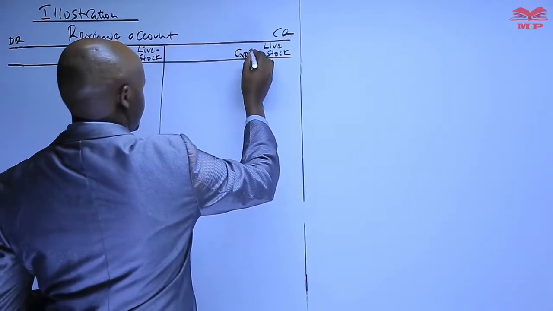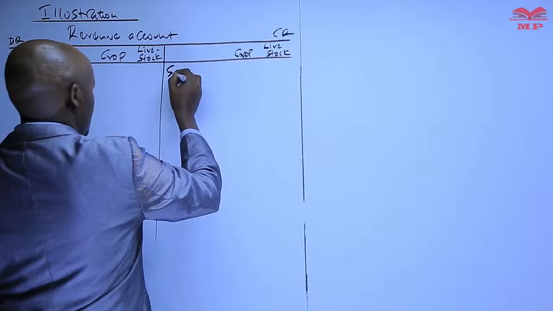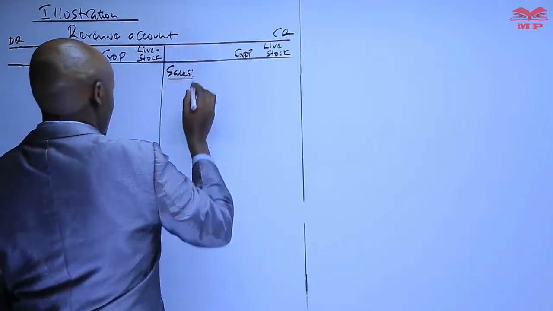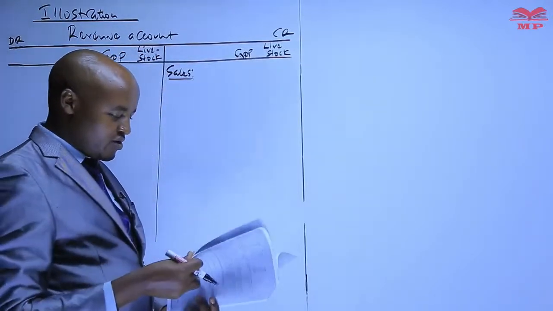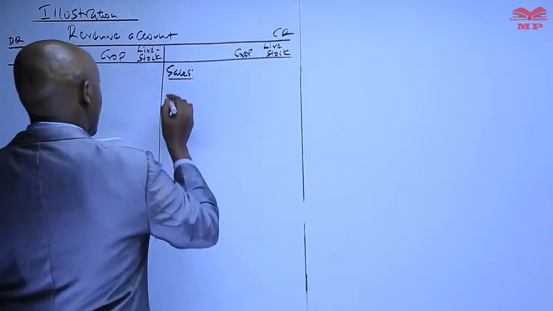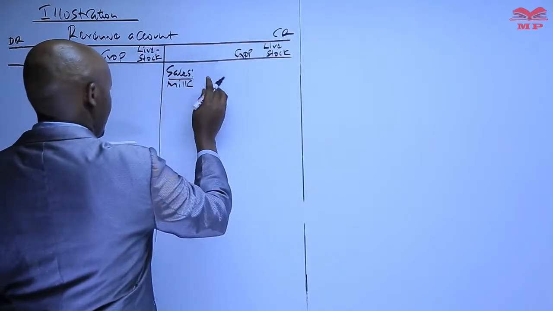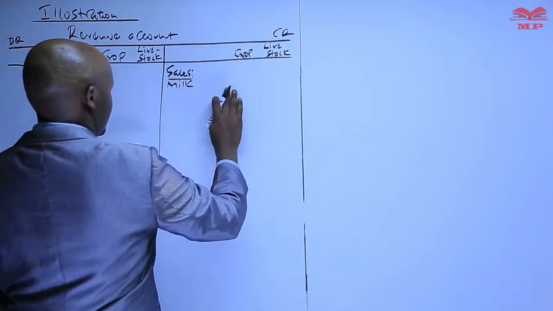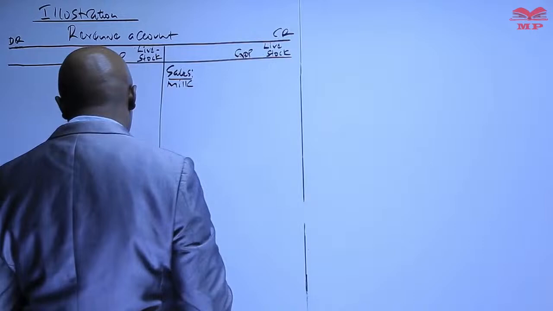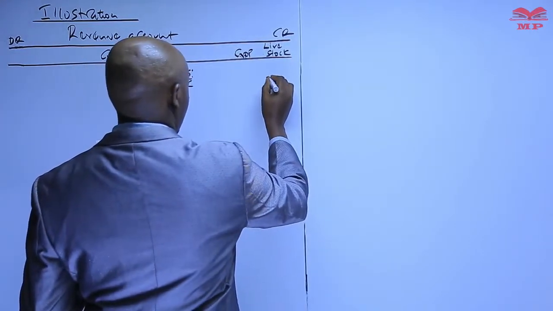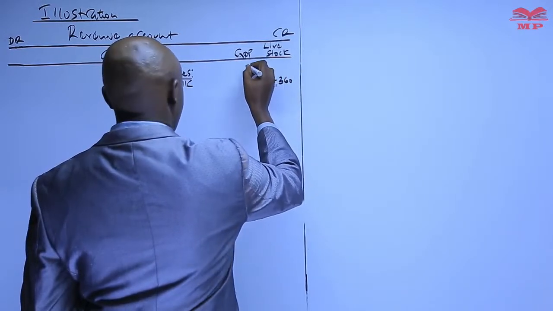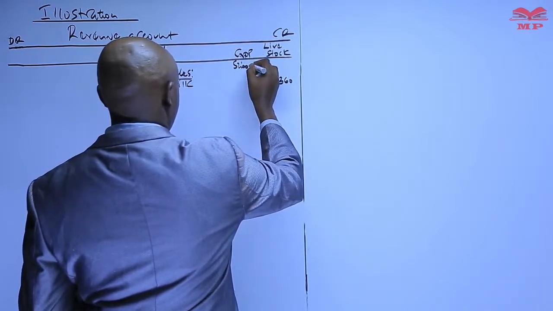So let's start by recording the sales. And for sales, we are given information as far as that is concerned in the trial balance. So we just need to record the sales given here. So we are given the sales of milk. So basically milk, this is from dairy cattle. So basically dairy cattle, these are livestock. So therefore that one we record in the livestock revenue account. And also important for us to note here that all our figures